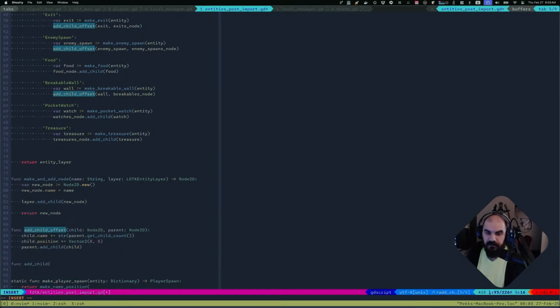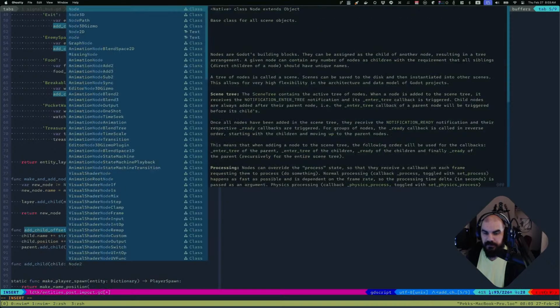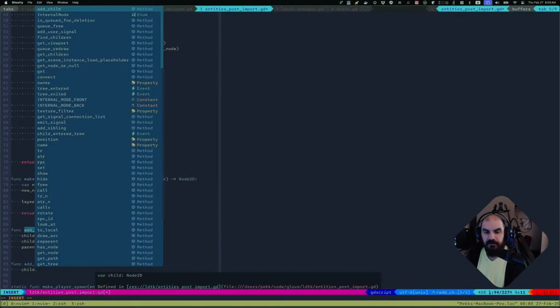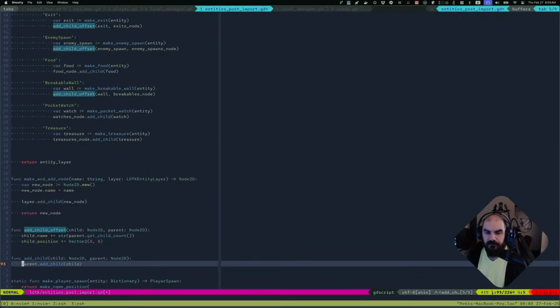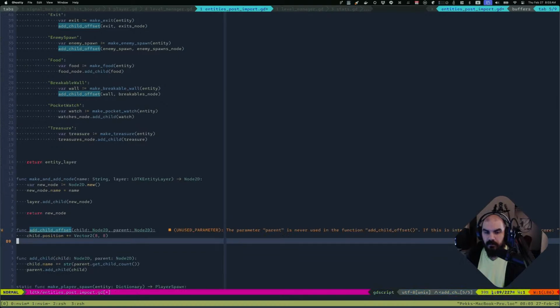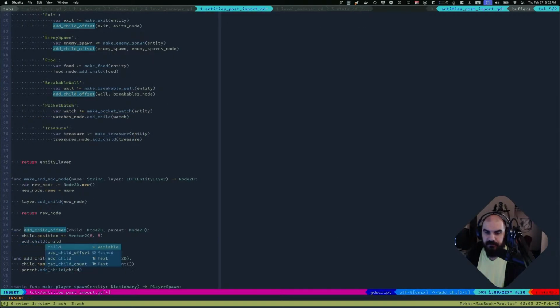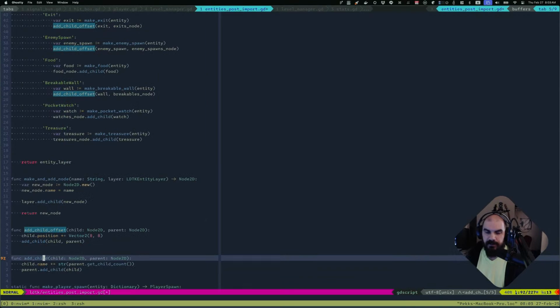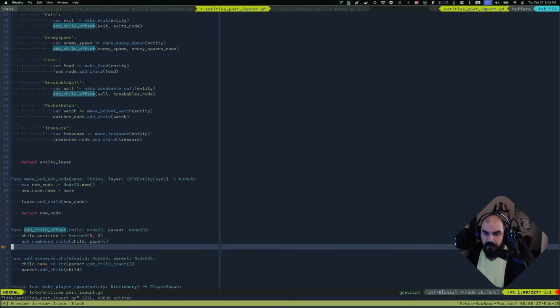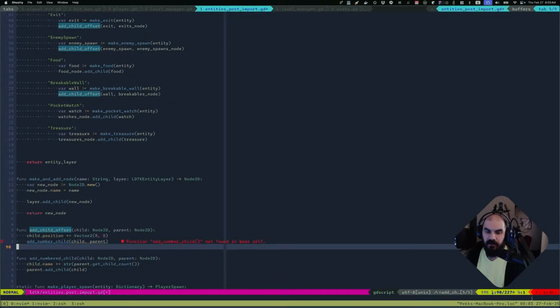Just do add child, child Node2D, parent Node2D, child, and then we're just gonna steal this. And then we're gonna call add child. Add numbered child, maybe. That way,